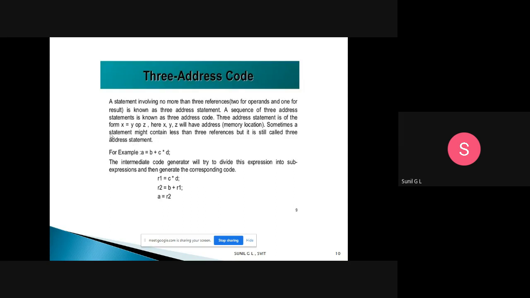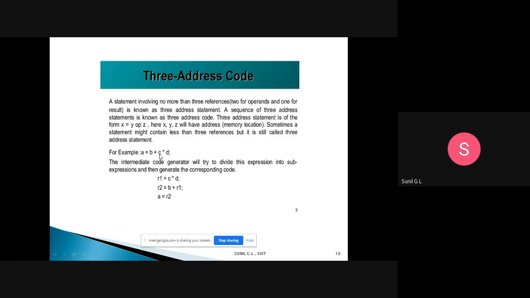For example, here we have a is equal to b plus c star d. See, here there are 1, 2, 3, 4 operands. But according to the rule, it is two operands and one result, and here we have a total of four operands. So that's why it is not in three address form. When you convert this to three address code,